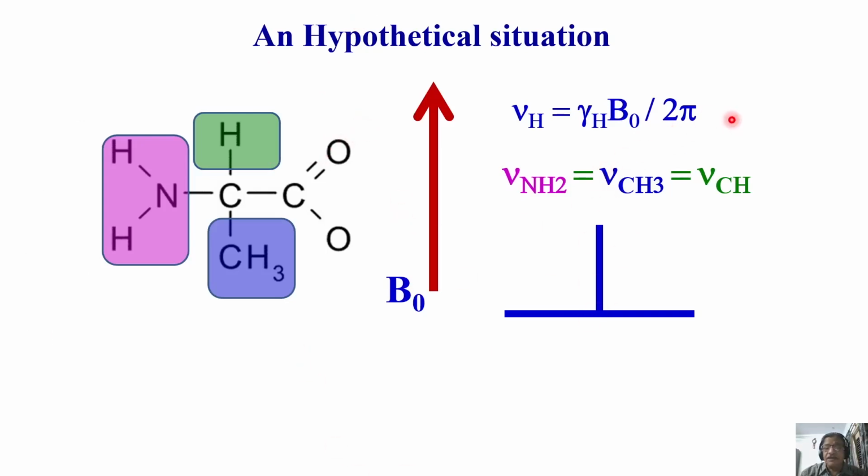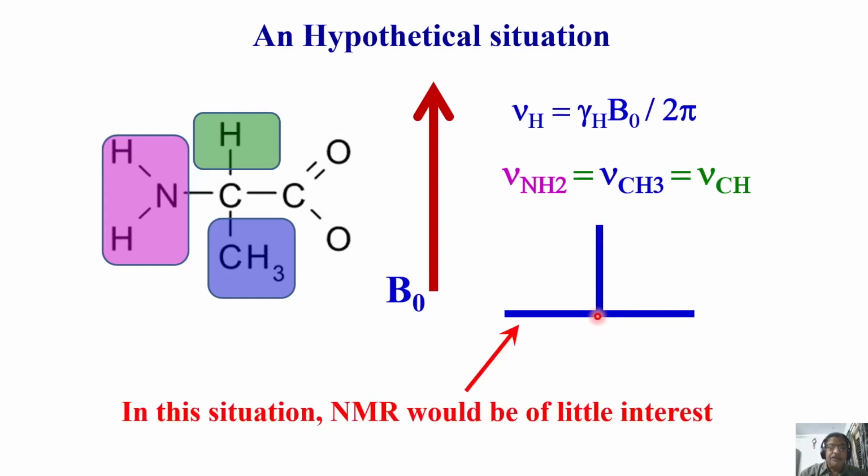As far as this equation is concerned, whatever molecule you take, with any number of functional groups and any number of protons, I must get only a single peak for proton NMR. If that is the case, NMR would be of very little interest for us,